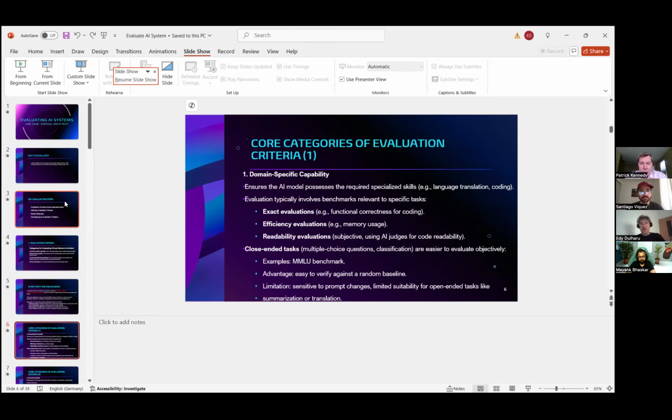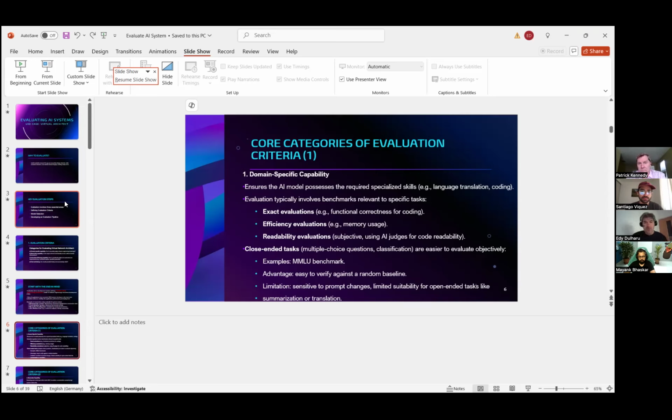Now, the first criteria should be related to a domain. So whenever an AI solution is designed, it should be specific to a certain domain, like medicine, marketing, IT, coding, whatever.